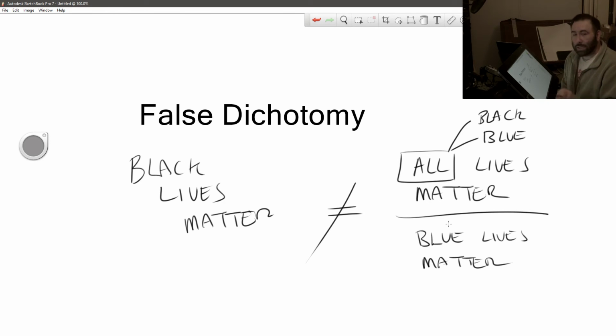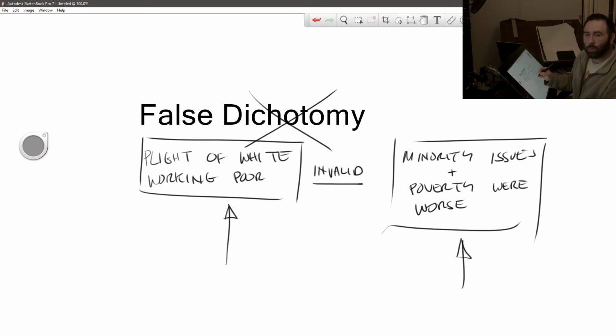It's equally as valid to say there are plenty of good policemen, and the people doing this abuse may be bad apples. Those two things are not contrary. Those two things are not either or. And the idea is, both with Black Lives Matter, or with the plight of the white working poor, either one of these issues,